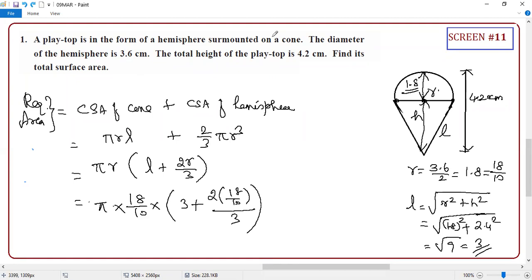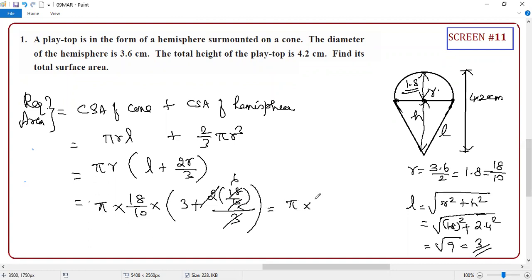When you don't have that condition, you can keep pi as pi, student. Clear or not? Now you just cancel. How are you going to cancel this? This is a 5. So now this 18 you can cancel. This is 6. So finally, what is the answer, student? 6 by 5 plus 3. What is the answer? Quickly.